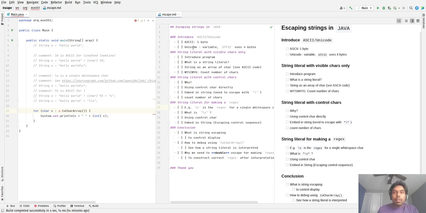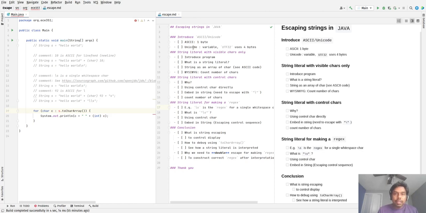So, first of all, I'd like to introduce ASCII and Unicode encoding schemes. You might be familiar with this, but I'll just give a background. In a computer, character strings are a collection of characters, an array of characters, and each character has a numeric code.